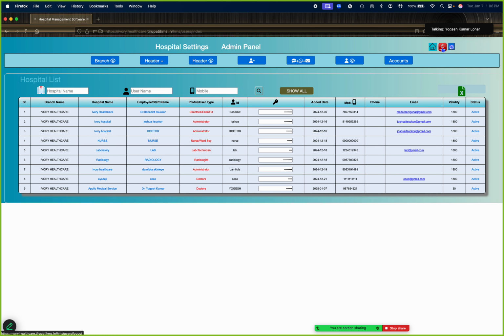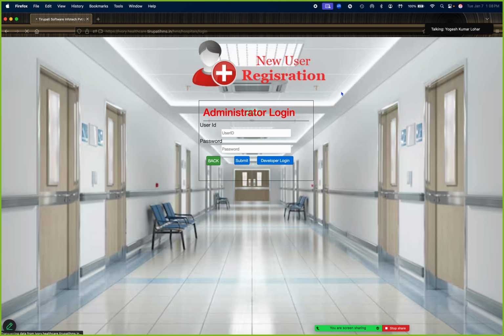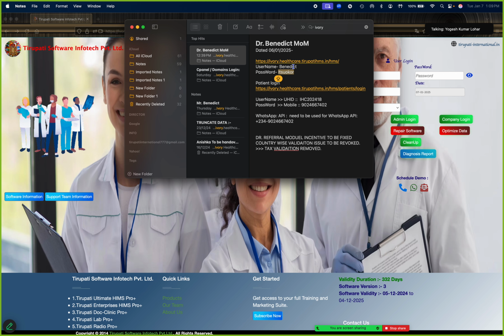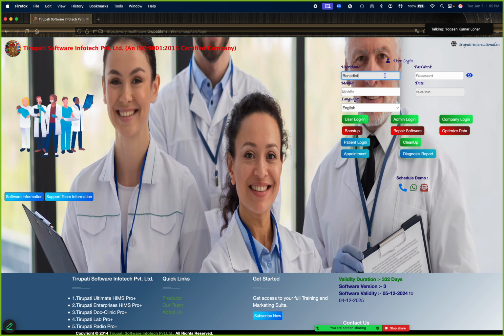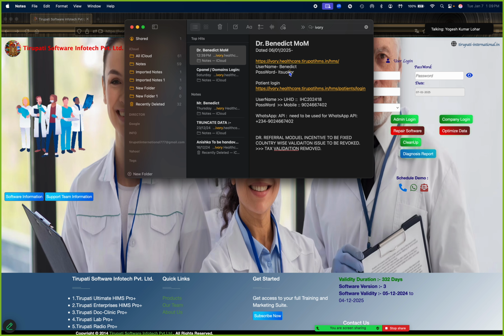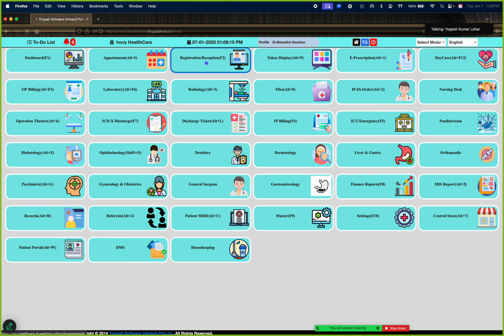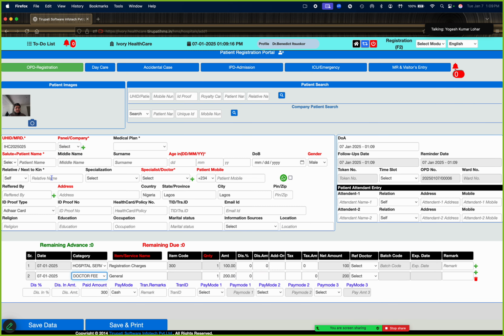Okay, now we come back to the main screen. We will create two or three patients from our master user ID, our hospital user ID, and show how the record comes through. I will make another patient entry where I will take the referral doctor. So we go here. I am making one more patient with the referral doctor being Yogesh.